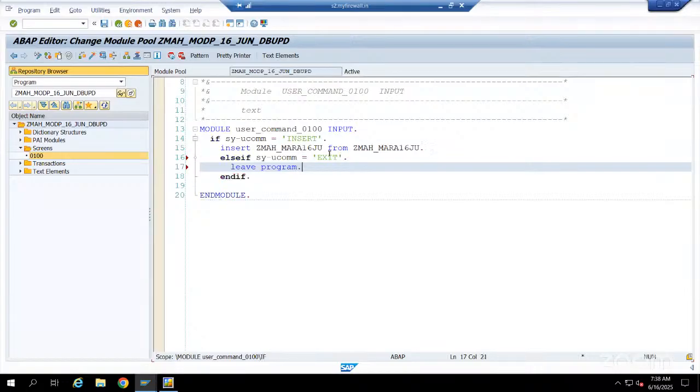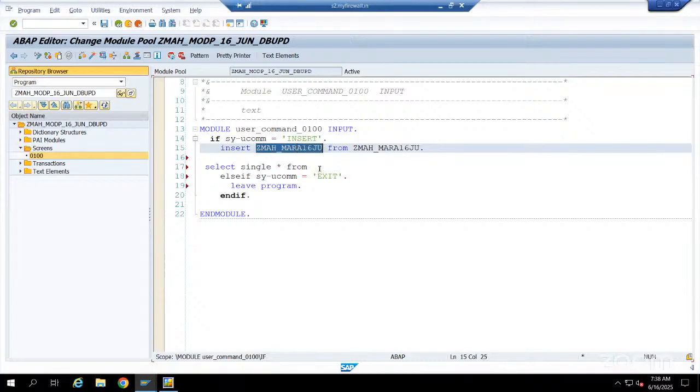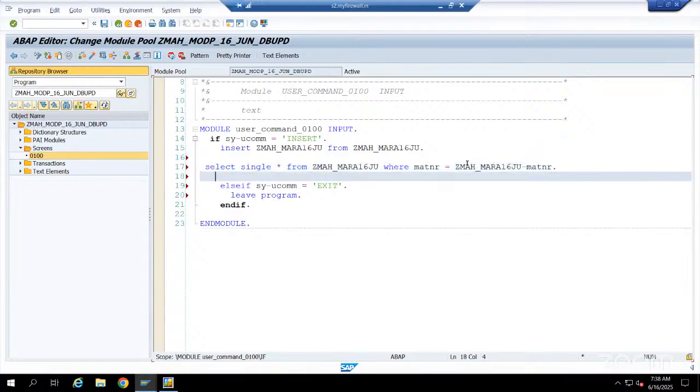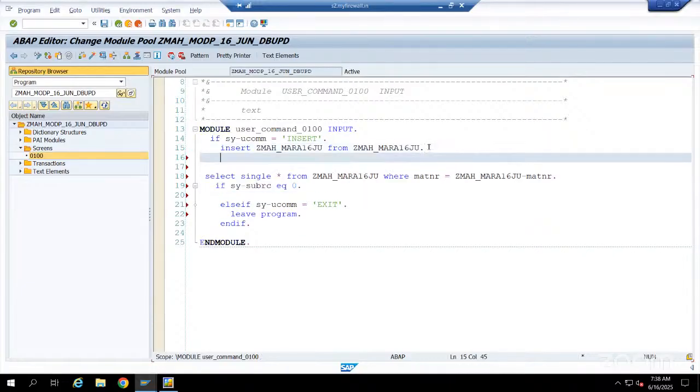How do you know this record exists? You can write the code here, right? How to write the SELECT statement? Write SELECT single star from this table where material number is equal to this table name hyphen material number. If sy-subrc equal to 0, okay. You should write here, if sy-subrc not equal to 0, get the data. If sy-subrc equal to 0,